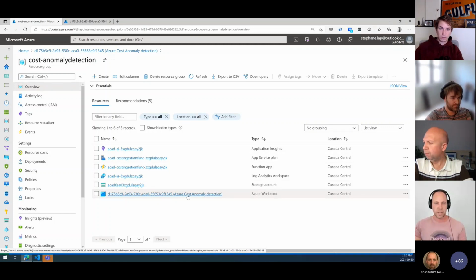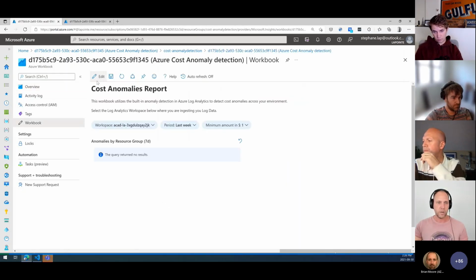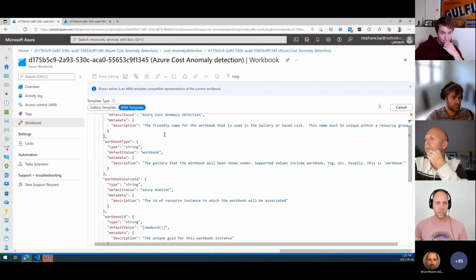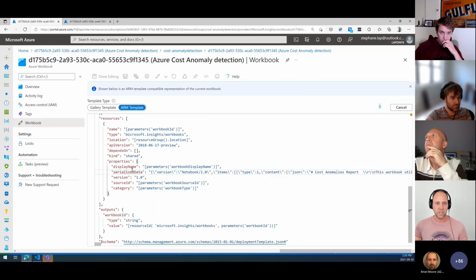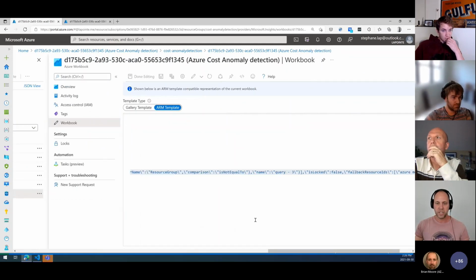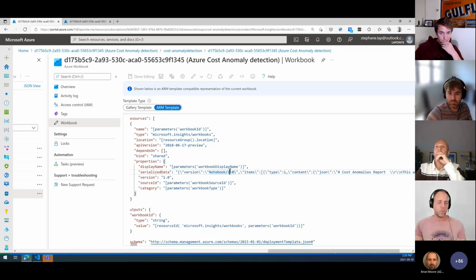If you take a look, let's say I have a workbook here. I will open the workbook, go into edit, and go into the code for the ARM template. As you can see, I have to pass all this serialized data. Basically, it's the JSON definition that needs to be escaped with double quotes and everything. So it's not very trivial. And one of the things that I also realized is that if I wanted to collaborate with others, it's really hard to do the source code comparison when it's in that format.